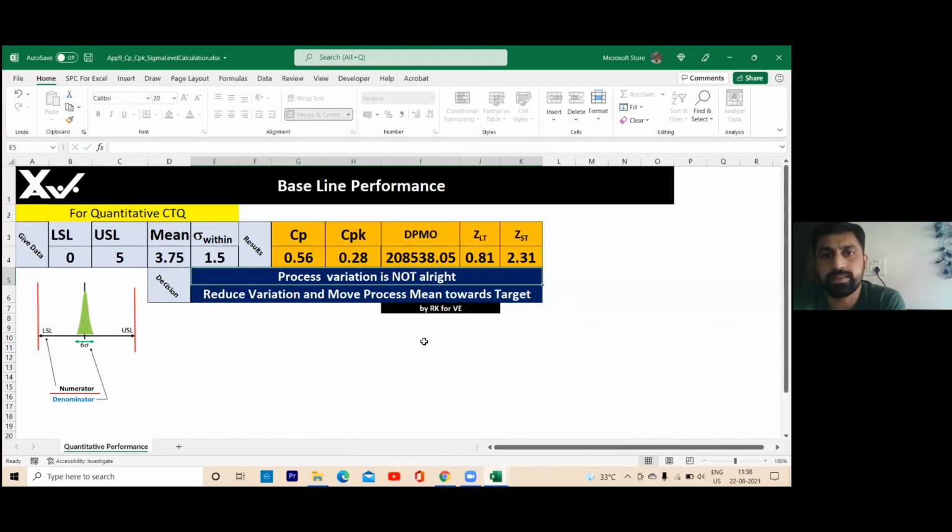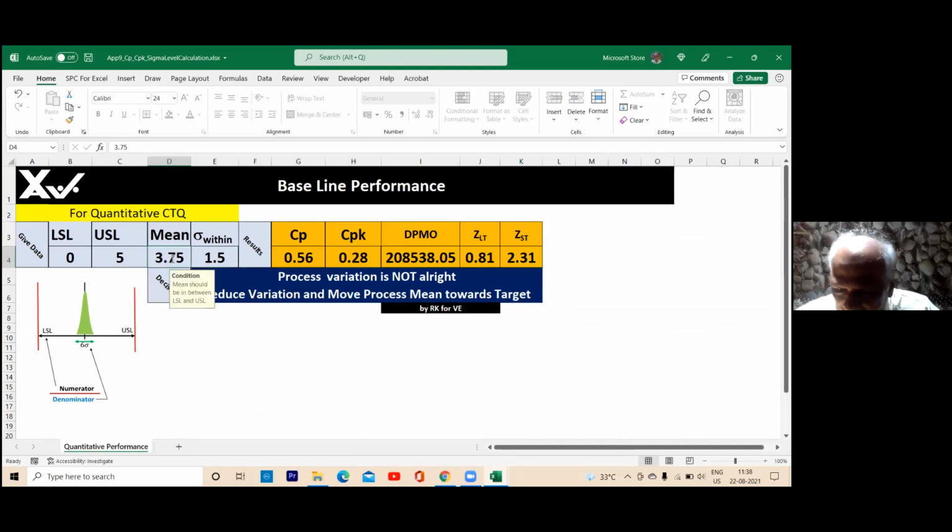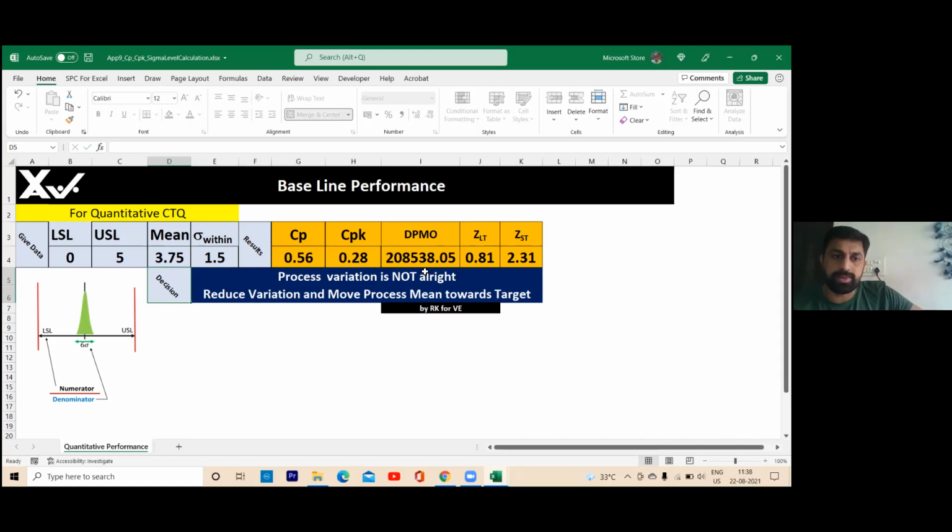Previously, we had kept only 3.7. Now I put 3.75. I put 3.7 initially. So now it is 3.75, and the answer is 208538. Clear? Right, sir. I also made that same mistake, I think. So you changed it, no? The second decimal is very important. Yes. Okay, sir. Thanks a lot. Thank you.